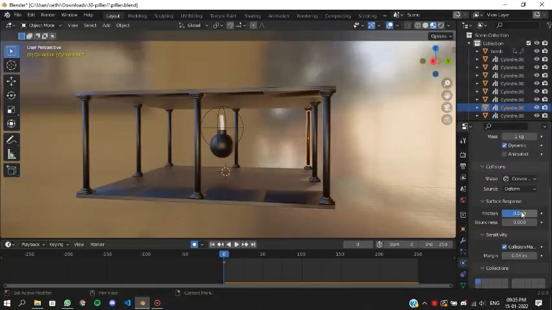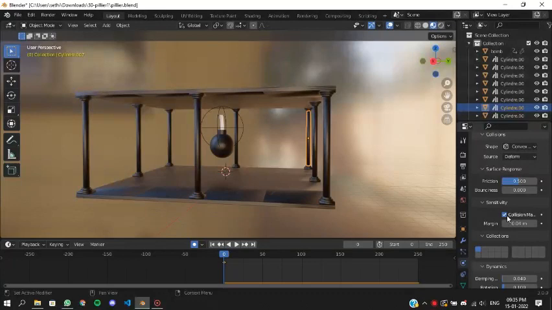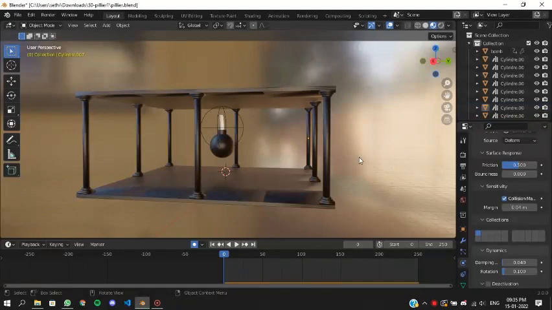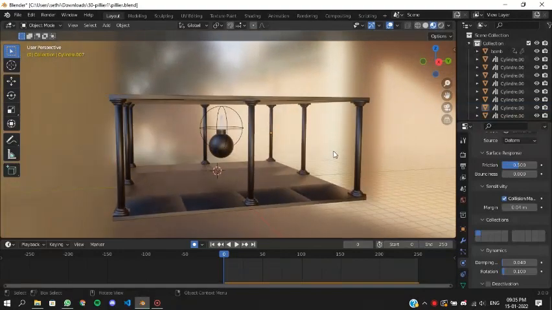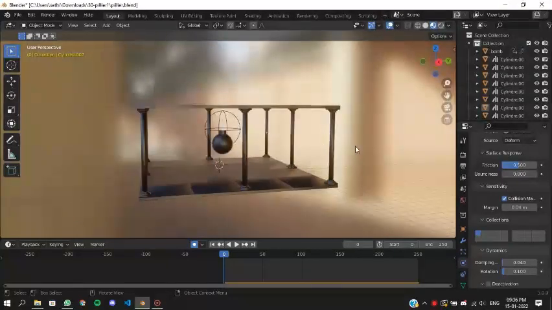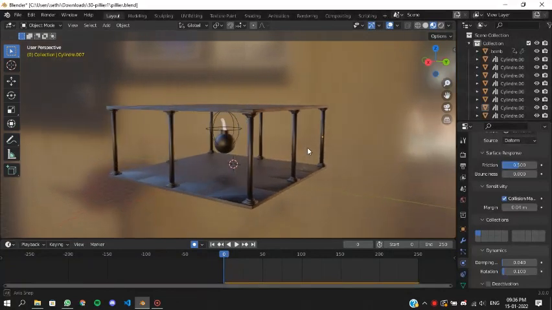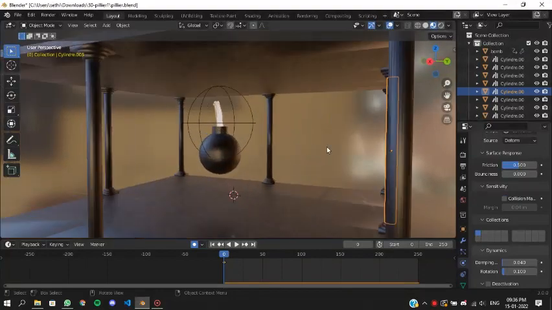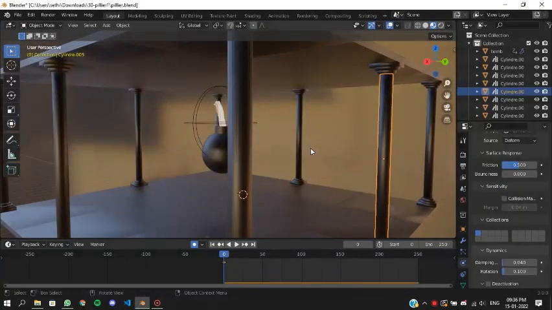You can also set the friction, which I have set to 0.05 over here. You can also set the collision margin and up to what margin it will go. In all the pillars, it consists of random properties. Random properties means that it is different in each and every pillar. So whenever the bomb explodes, each particle and each model which I have created acts differently in every case.